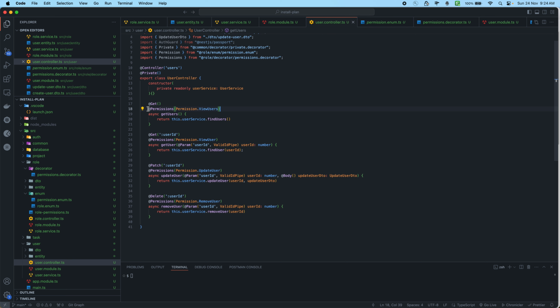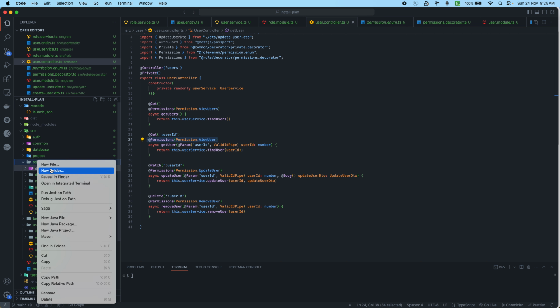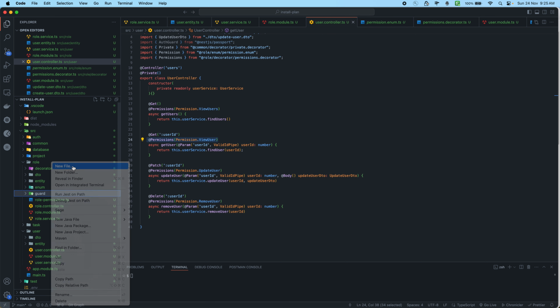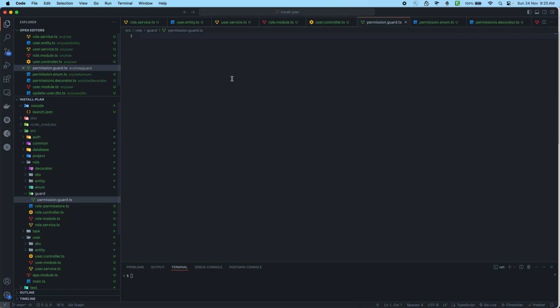Okay, right now it's nothing, it's just metadata, we are just setting metadata, so this will do nothing. So let's do one thing. Let's create a folder guard. In guard, I'm going to add one file, permission.guard.ts. Here what I can do is create a class